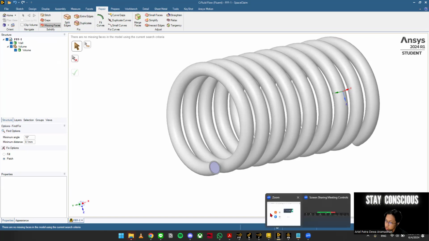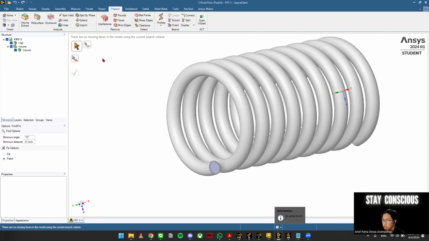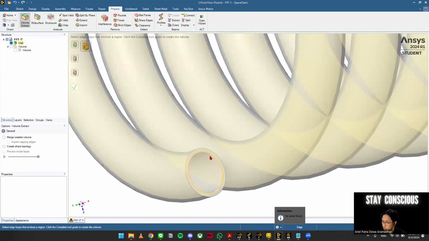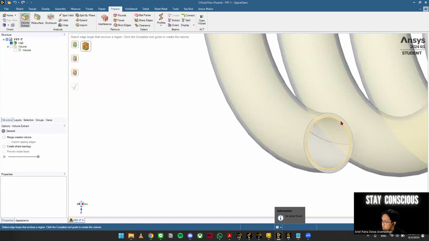After there is no area found of the mistake, you can prepare your model. So in here, you have to extract the volume. You can do it by volume extract, and then use the select edge tool, and you just have to click the edges here in the inlet and then in the outlet.